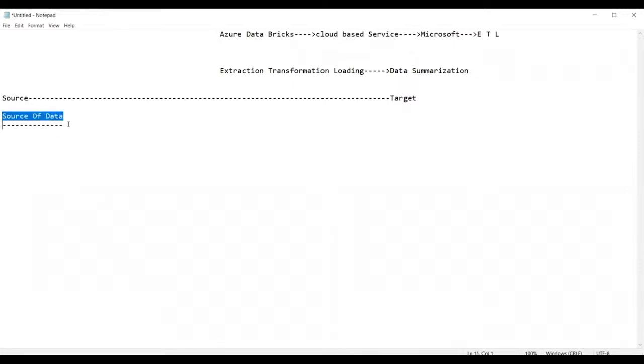The source of data is the place from where we get the data. So we can get the data from files. What type of files? But ultimately the files also receive the data from the business. We all are working for a business. Even though you are working as a data engineer, you are working for a business. Yes, everyone, you're working for the business.